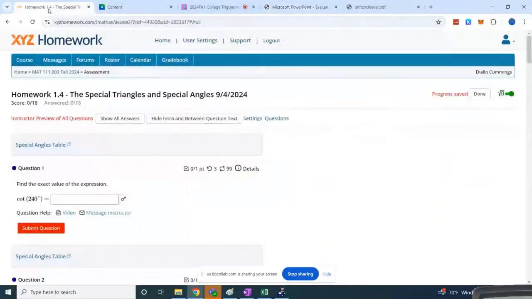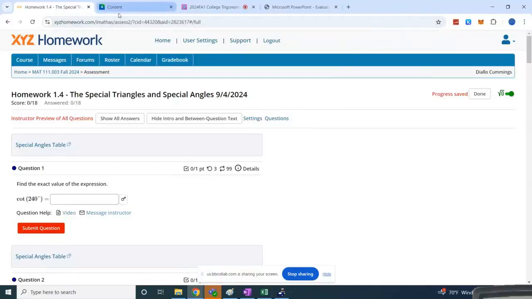And today we're going to take a look at section 1.4, which is, I'm going to say, special triangles and special angles. And they're special because they're all the angles in a unit circle. So for section 1.4,